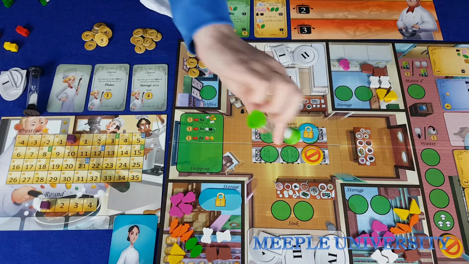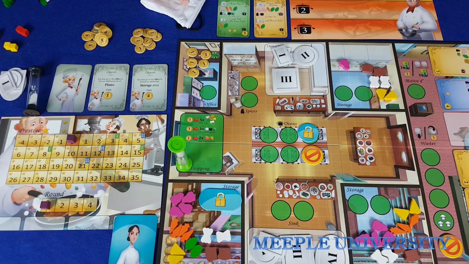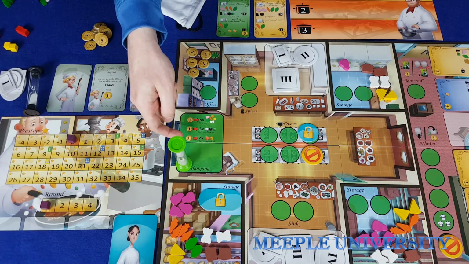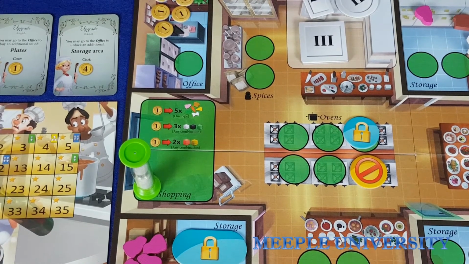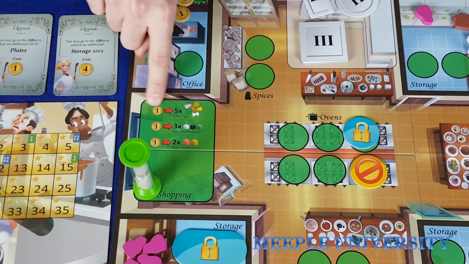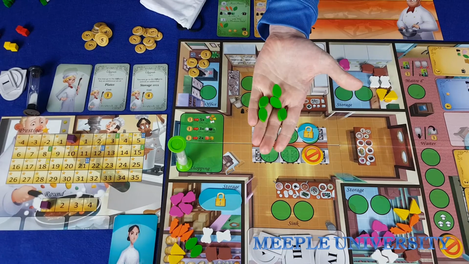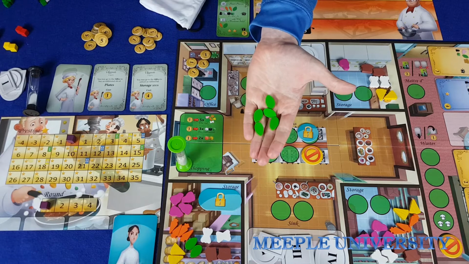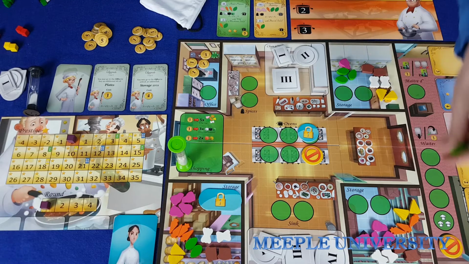The next action space is shopping, and the shopping space may contain any number of hourglasses at once. When a player takes the shopping action, he or she chooses one of these 3 actions and performs it once. Each of these actions costs 1 coin, which is spent from the office. The first action is to spend 1 coin to buy 5 of any one of the major ingredients in the game. The player takes these from the off-board supply and then distributes them however he or she wishes between the